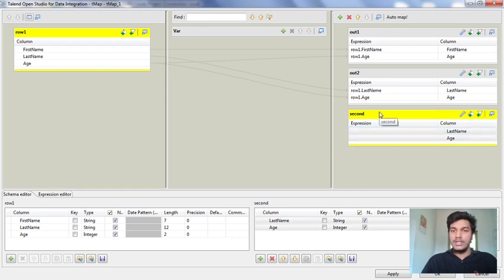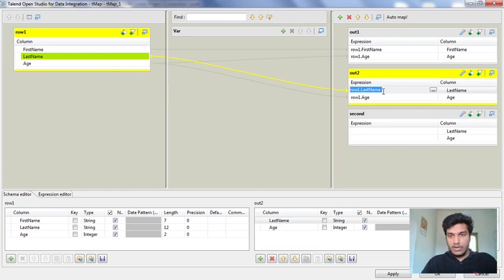Similarly, when you create a new output table here in the tMap editor, then it automatically gets reflected in the designer panel. So this is how it gets reflected. Here we have done the sync schema, that is why it gets reflected here. If you want to do the same thing, I am just copying it and pasting here.